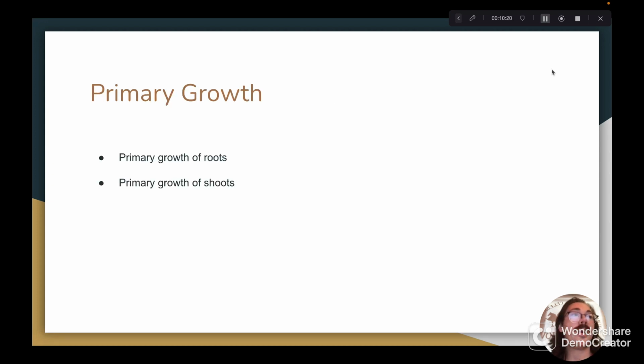Let's talk some more about primary growth. Let's talk about the primary growth of plant roots. So plant roots have a structure known as a root cap, which is a product of the root apical meristem, and